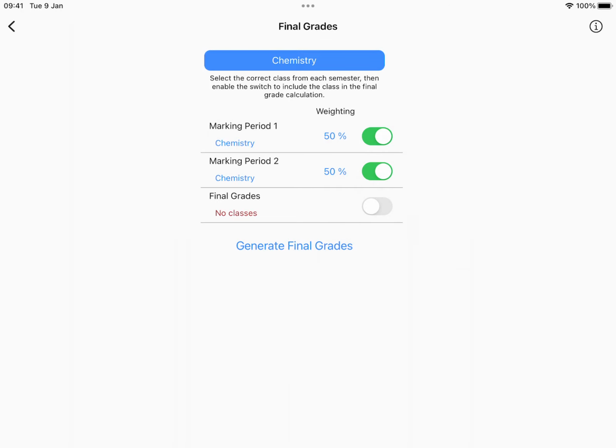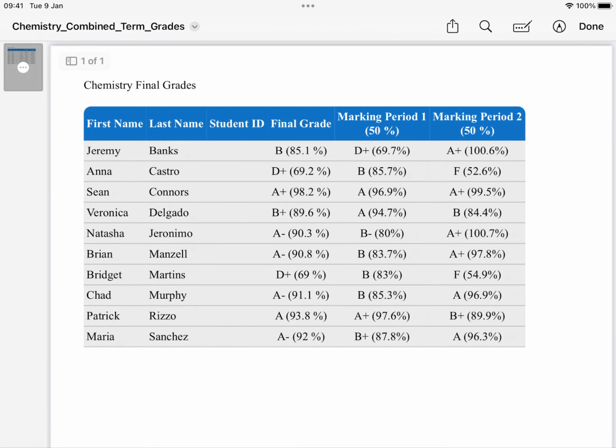So first, I'll choose PDF. And you can see here, now we have the student names, you have the final grade, and you have the individual marking period grades there. So you have all that data,